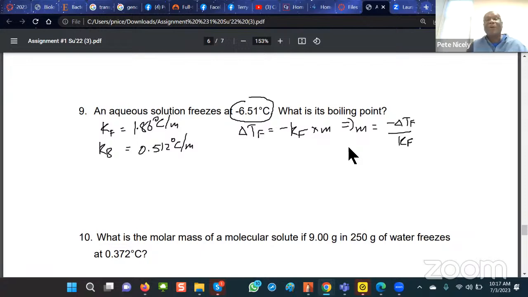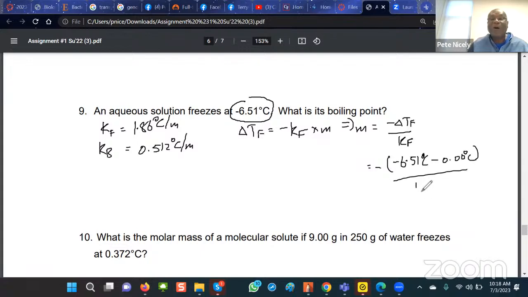Okay, so we can find out what M is by simply plugging in the values for delta TF and KF. So delta TF would be the change in the freezing point, which is minus 6.51 degrees Celsius, minus 0.00 degrees Celsius, divided by the KF value, which is 1.86 degrees Celsius over M. And according to my calculations, that would be equal to